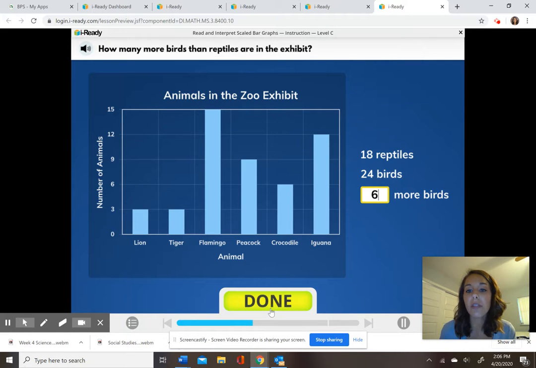So those are the biggest skills that you'll need for the bar graphs and picture graphs, is how many more and how many less. You need to know the difference in between. Just think like a number line. I want to know what's the difference on the number line. I have to subtract the two numbers to figure out whether it's how many more was this one than this one, or how many less was this one than this one. I have to know how far apart they are. Just like if I said,